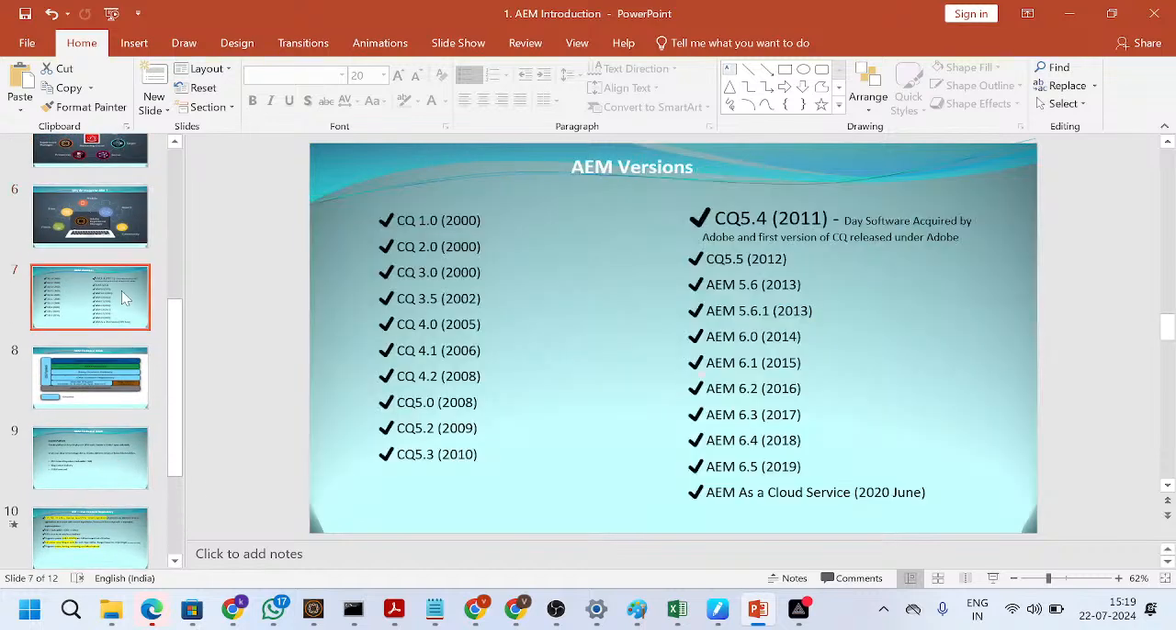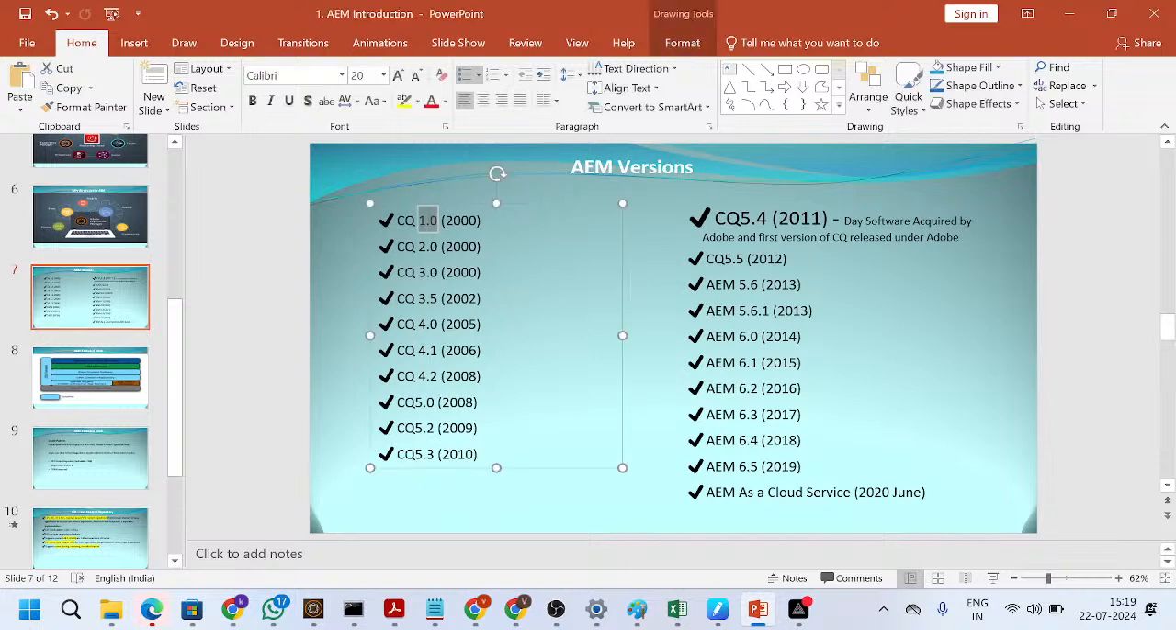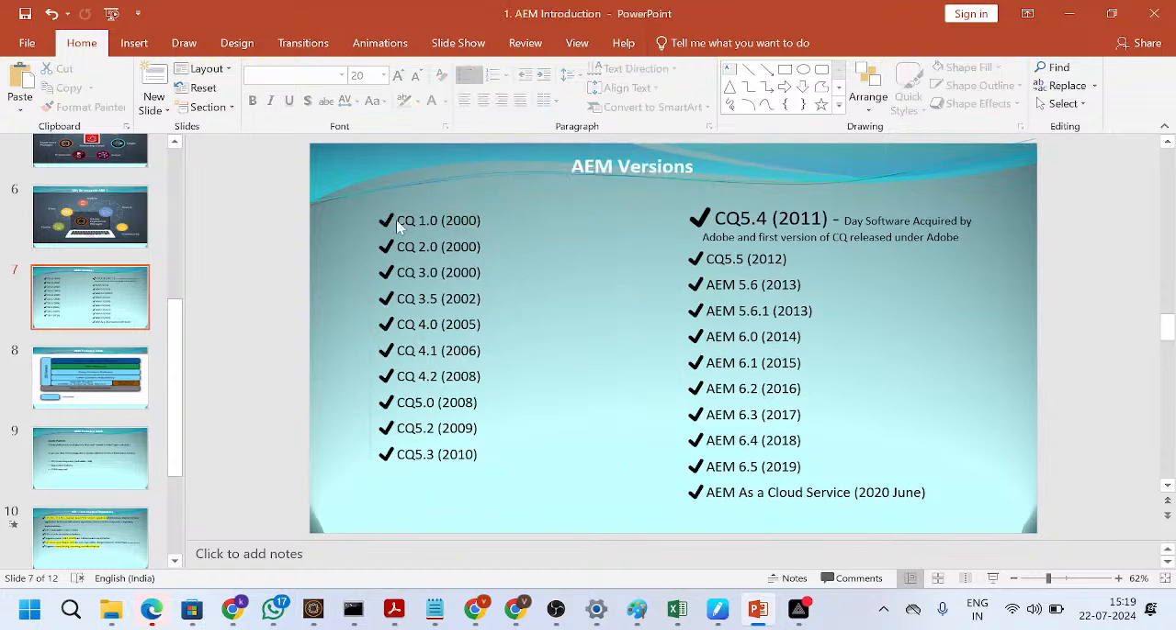Next, history of the AEM actually. The first name of AEM was CQ. AEM was initially introduced in the year 2000. The first name is CQ 1.0. They released CQ 1.0, and then